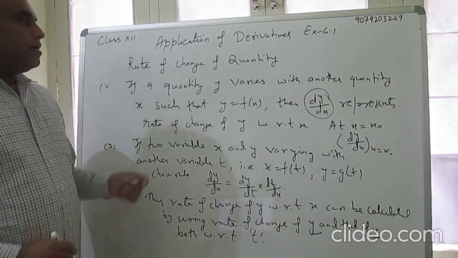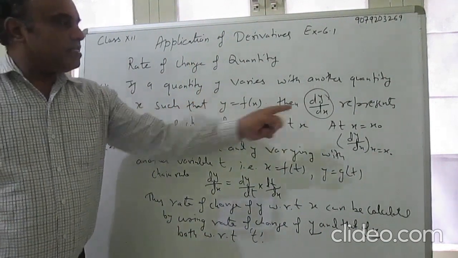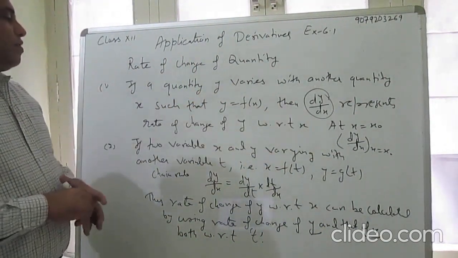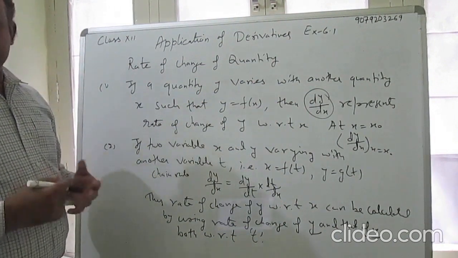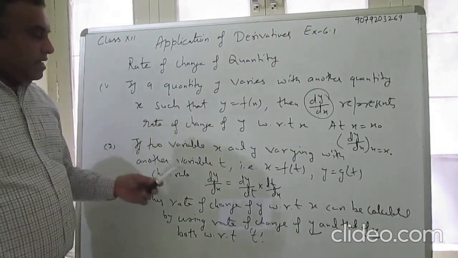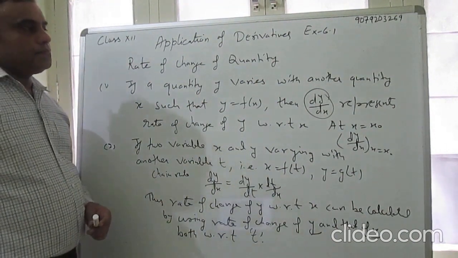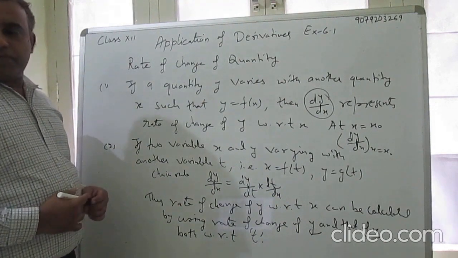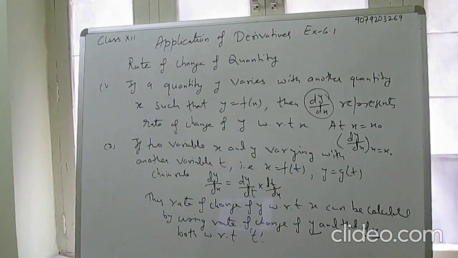t के. अगर एक का ही है dy by dx है तो dy by dx represents the rate of change of y with respect to x, and y वेरिएबल जैसे इंप्लिसिट फंक्शन होता है वैसे ही चेन रूल से dy by dx कैलकुलेट करेंगे. तो this we can explain with the question. Question first.